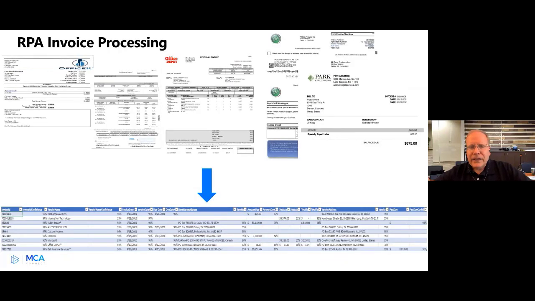This was a very interesting use case where we had significant amounts of invoices in various formats that had to be collected, and right now the company employed several individuals to go out and read these forms or these pages, websites, enter the information, and then hopefully enter it correctly. There's a significant delay in time as well as accuracy. By using robotic process automation, which is again a key component of the Azure stack,